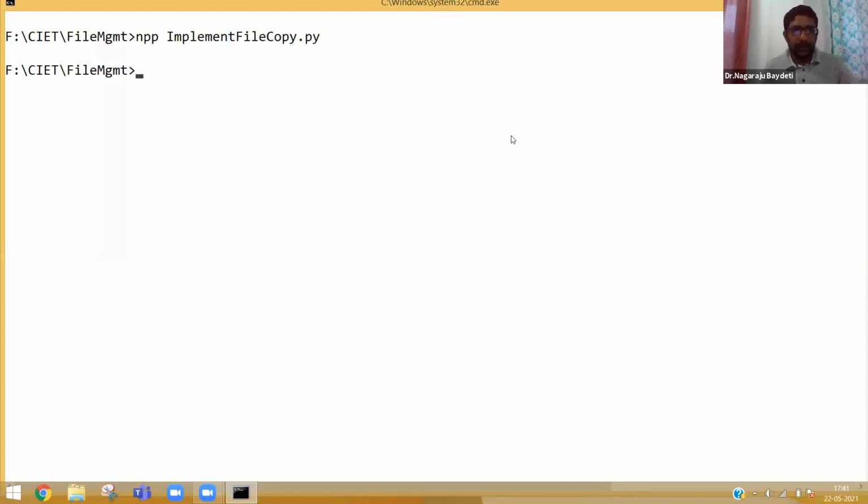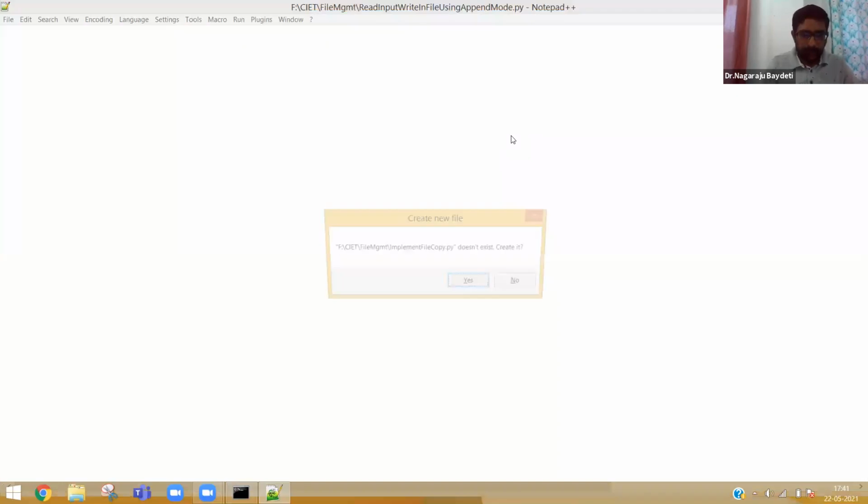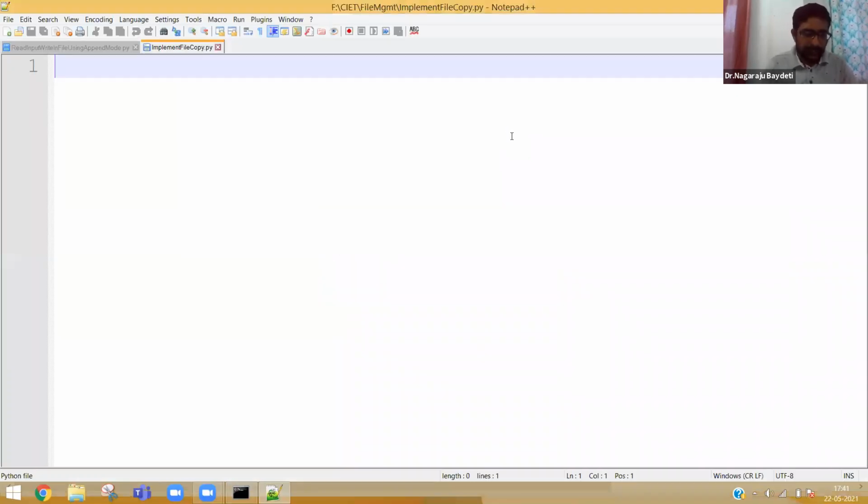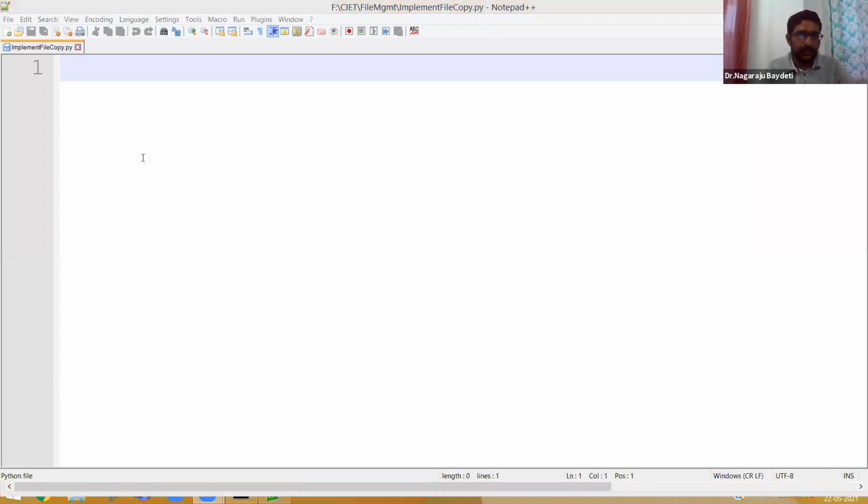That means what is required now? It's very simple. Instead of explaining the logic, let me keep on writing the program and at the same time I will explain the logic. It's always good to explain the logic. How to implement a file copy.